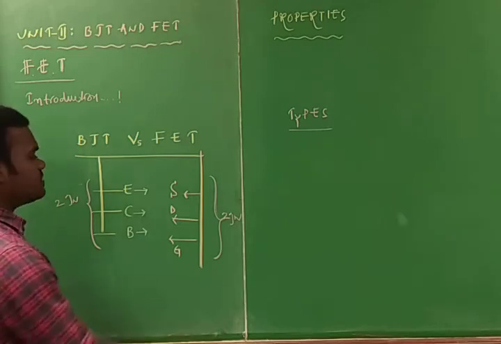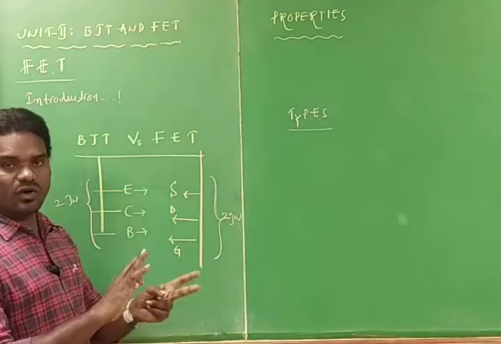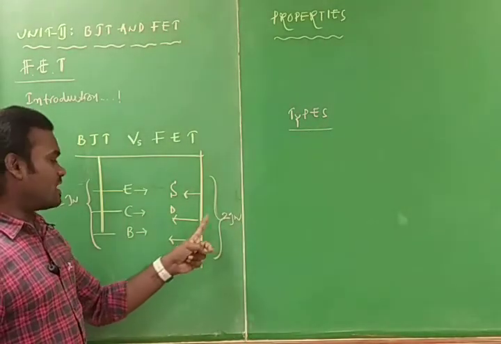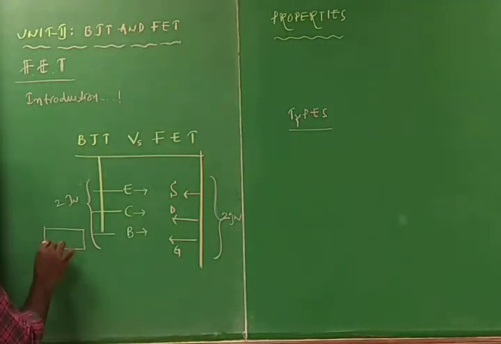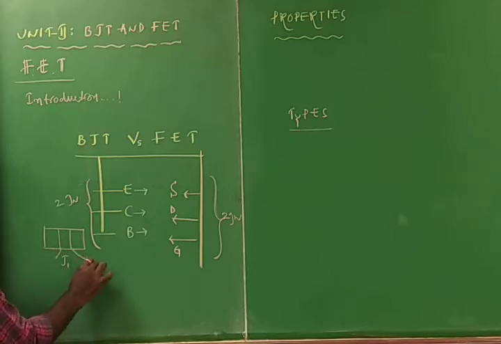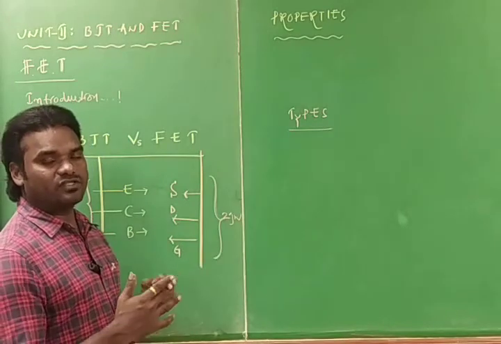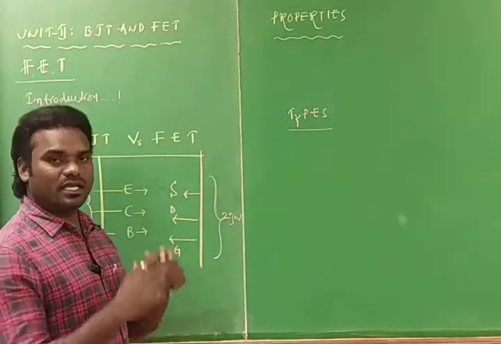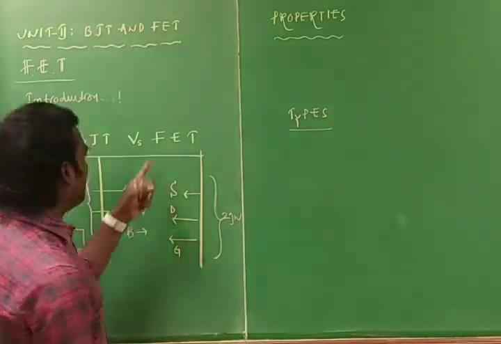That means these two junctions will be separated from one another. There is no layer connecting the two junctions, whereas here the two junctions are connected by making use of one more layer. This is junction 1 and this is junction 2. In between junction 1 and junction 2 we have one layer. And here the two junctions are isolated by making use of a material, that is nothing but the substrate.